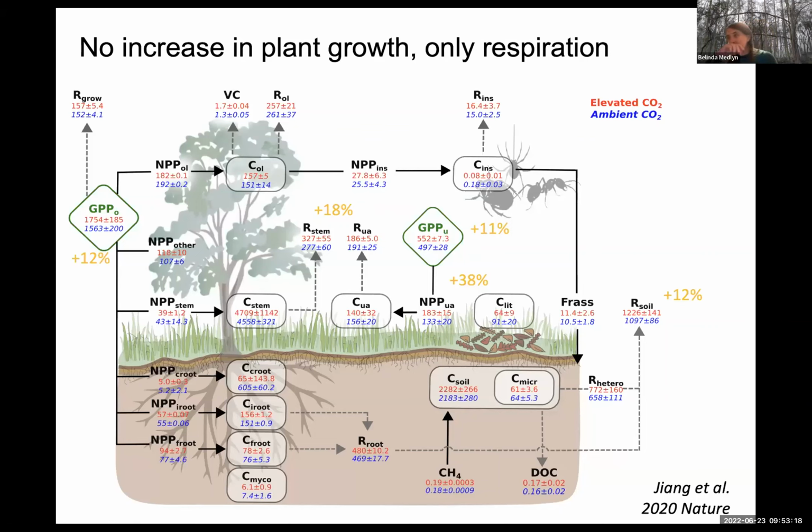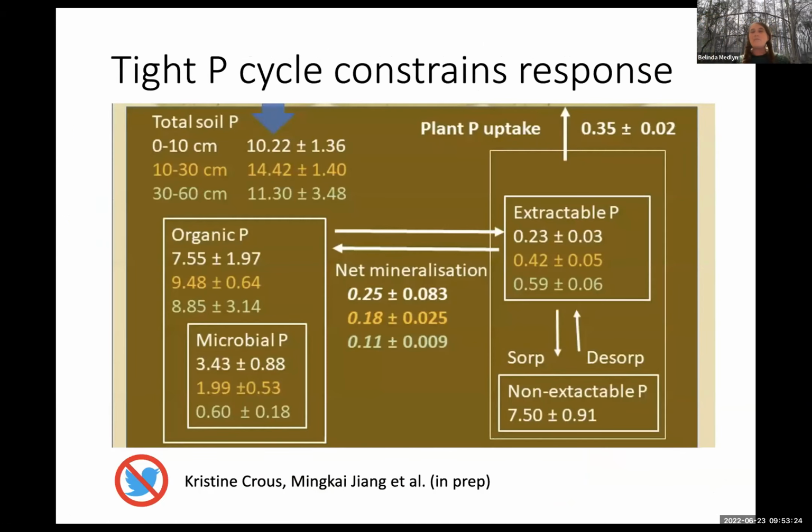Our interpretation was that that was a phosphorus limitation, and we have been gradually assembling the phosphorus budget to go alongside the carbon budget. And that phosphorus budget really demonstrates that phosphorus limitation and the tight phosphorus cycle has constrained the response to CO2. So what I'm showing you here is the soil part of that budget. So you can see our estimates of total soil phosphorus are quite low. And our estimates of microbial phosphorus are quite high. So there's a lot of the total phosphorus of the system